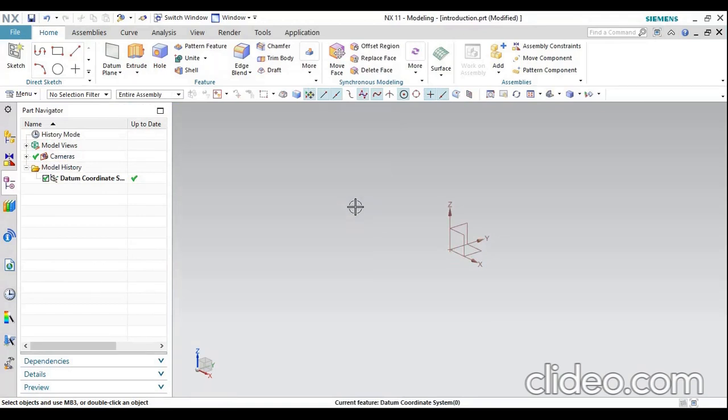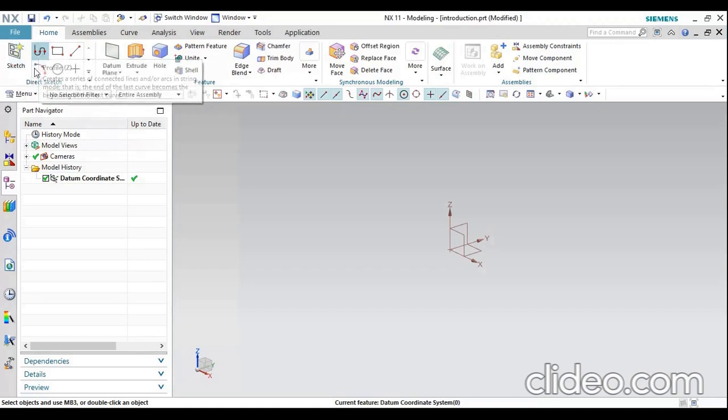Okay, so in the home toolbar, there is a sketch option. Why we are using the sketch option is to create a sketch in the current application, or use the direct sketch tools of add curves and dimensions and constraints etc. for the model. For that purpose, we are using sketch. So sketch is used for generating a 3D model.